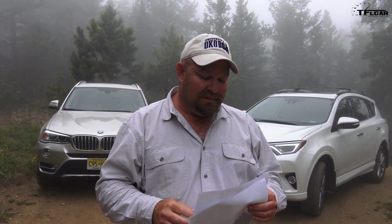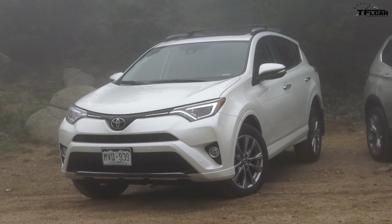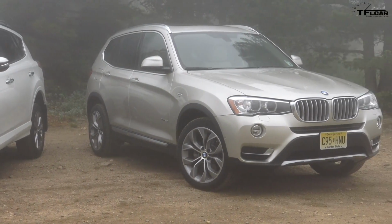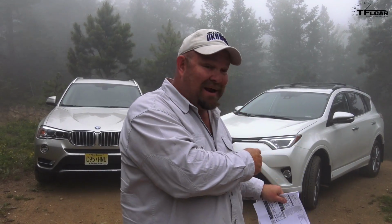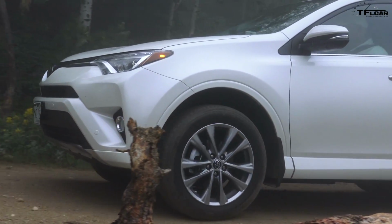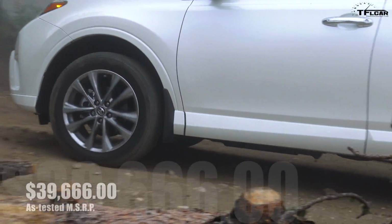All right, so let's get to the brass tacks of it. First of all, once again, we're not comparing the two of these. We're not doing a mashup. This is just comparing different all-wheel drive systems. Front end bias, rear end bias. With that being said, this Toyota Platinum comes to a grand total of